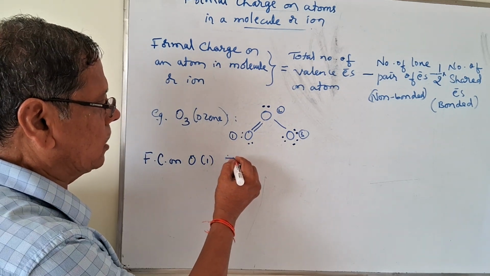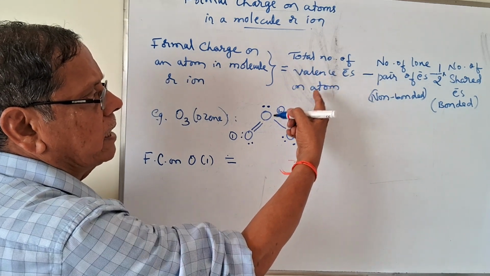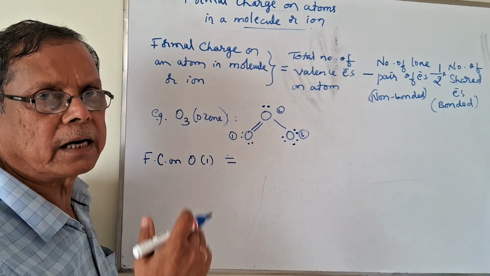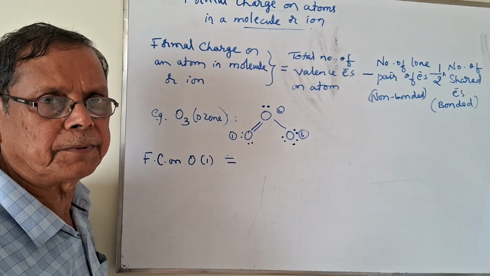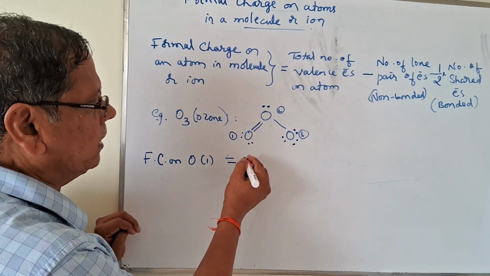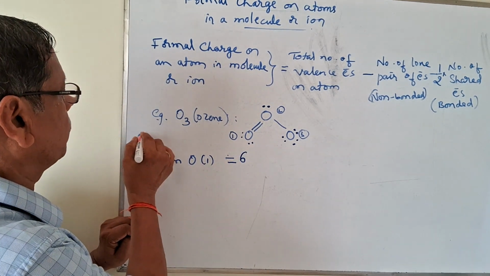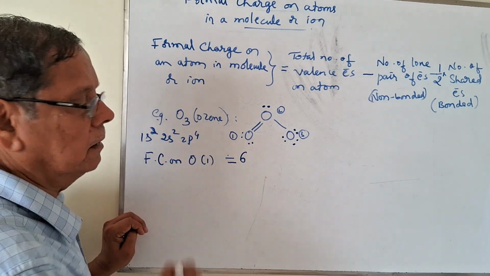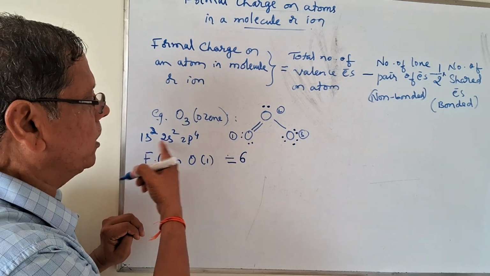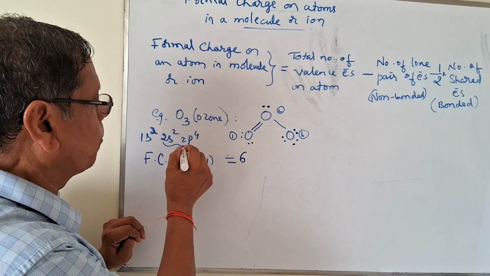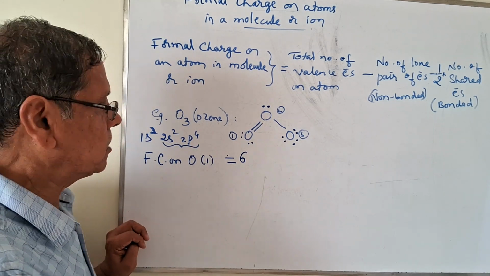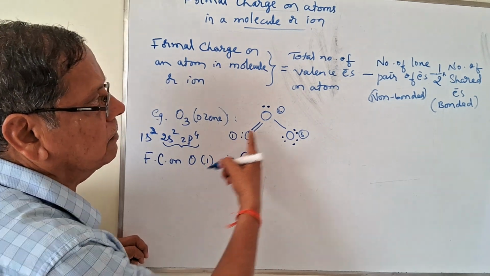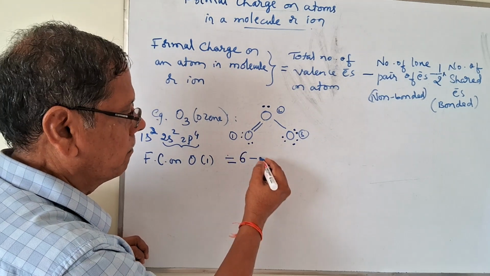So this is written as equal to the number of valence electrons on the atom. For the oxygen atom, totally there are 8 electrons, but 2 electrons are present in the inner orbit and 6 electrons are present in the outer orbit. That's why we write this as 6. Better you remember 1s2, 2s2, 2p4. That is the electronic configuration for the oxygen atom. 2s2, 2p4 will indicate the valence electrons. That's why we have to write number of valence electrons 6, minus, for this oxygen atom the number of lone pairs are 4, minus 4,